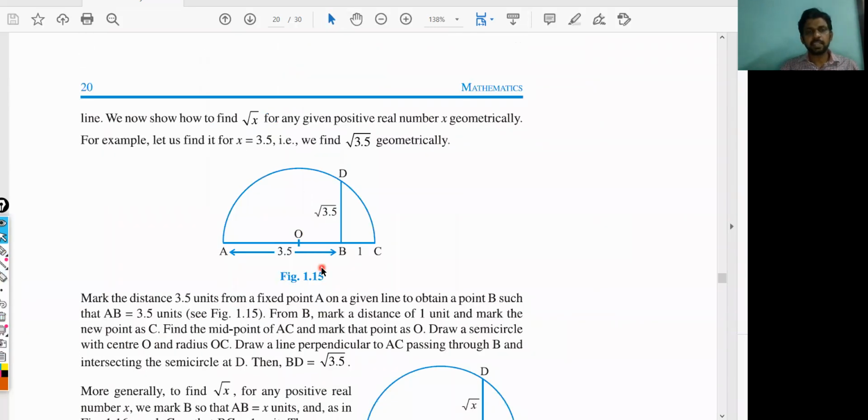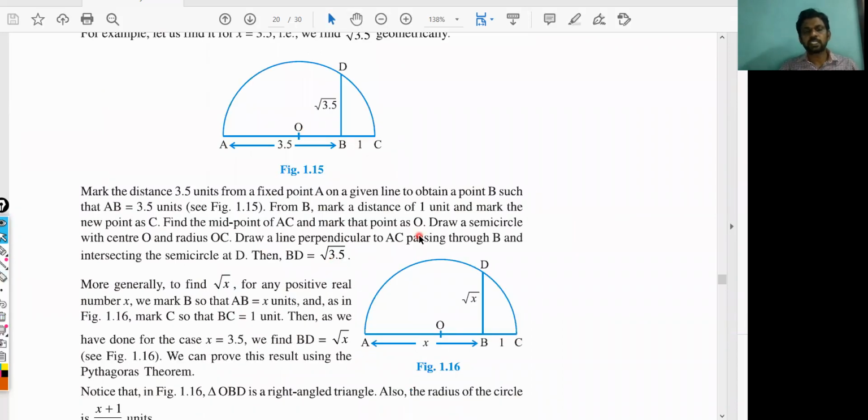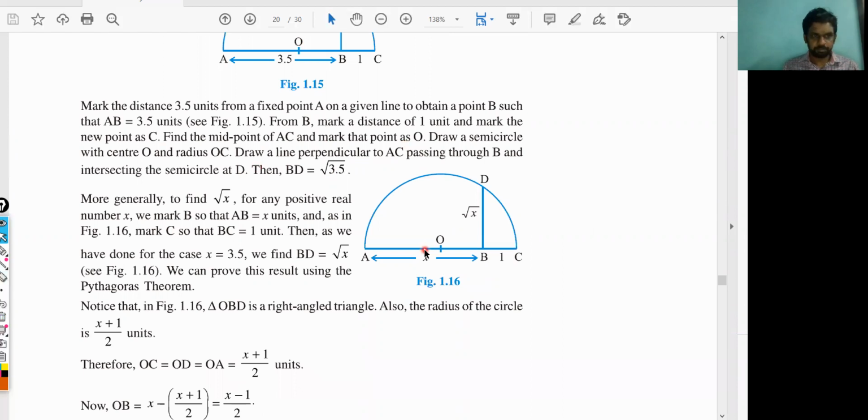They have given an exercise here to position an irrational number, or to find the length of an irrational number geometrically. I'll explain this theoretically with an example, and we will see it in the class. If you are asked to represent the length of root 6 geometrically, first I'll draw a straight line of 6 units. From there, I'll include one more unit. So the total length will be x plus 1, or 6 plus 1 in this case.